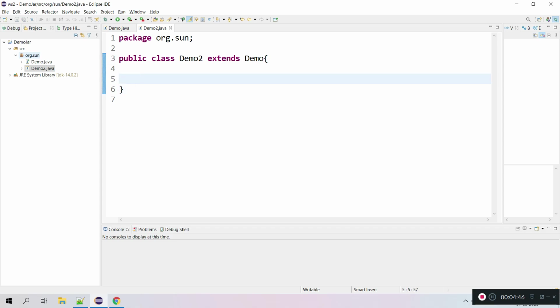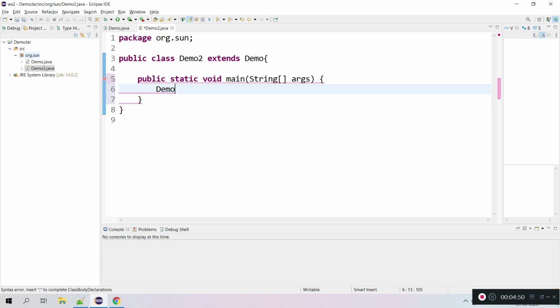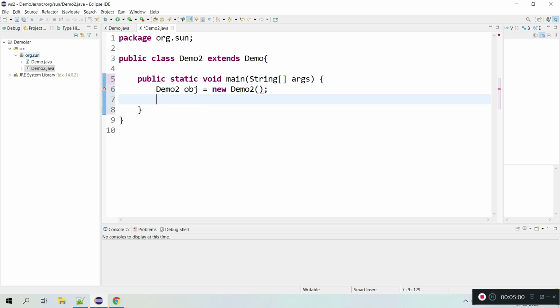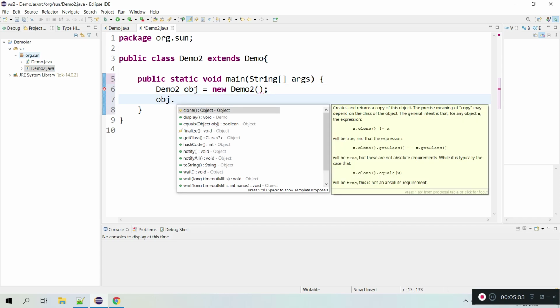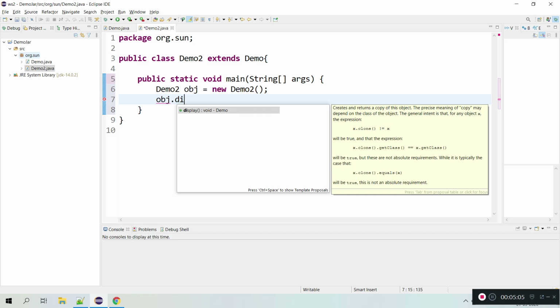This class is eligible to create an instance: demo2 obj equal to new demo2. And I can call the methods, whatever display method I have.